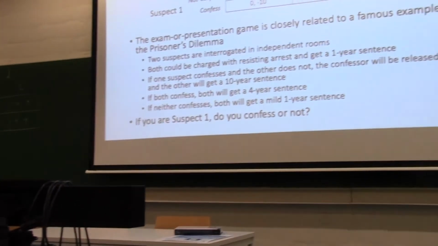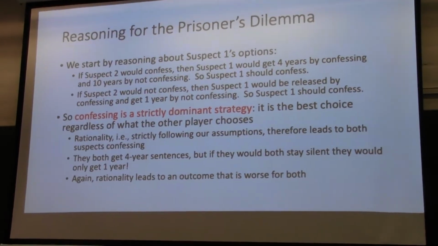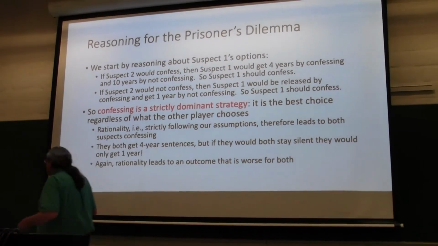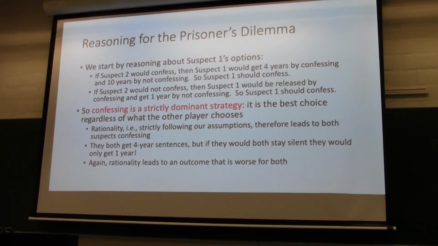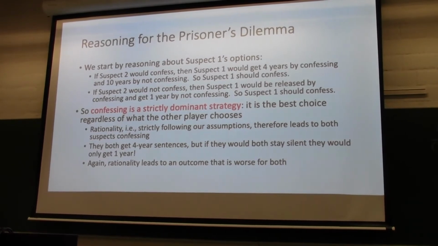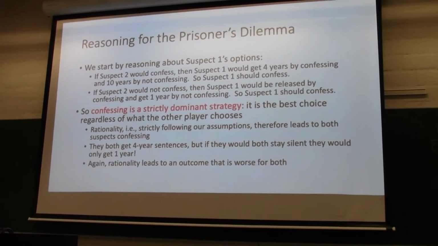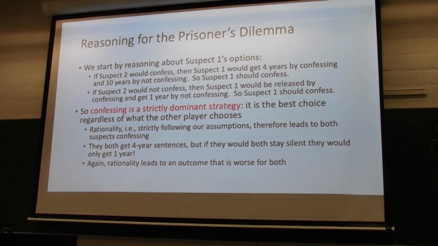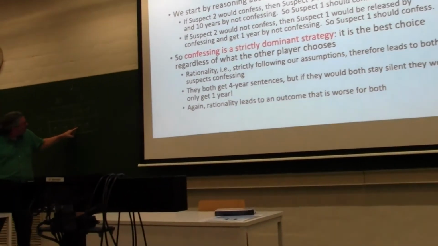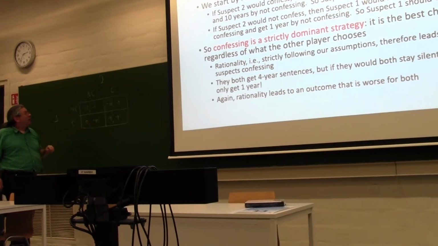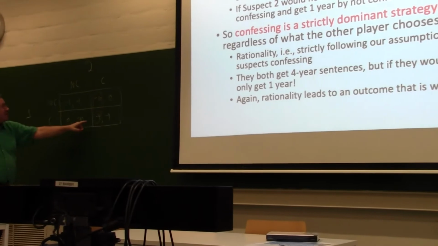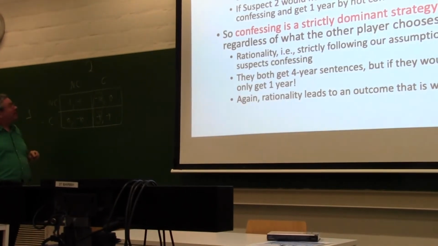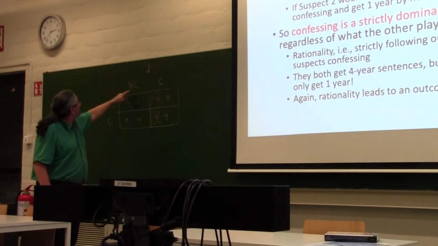So now we'll try to figure out what to do. What should the suspects do? Well, if suspect 2 confesses, then suspect 1 has a choice: not confess or confess. So you look at this part of the table. The first number of this pair is suspect 1's payoff. You have to pick the highest number, so that's minus 4. Only 4 years in prison, not 10. So confess. But if suspect 2 does not confess,